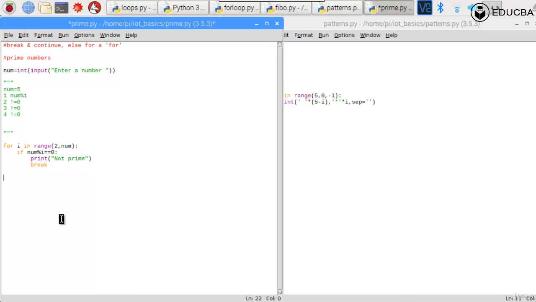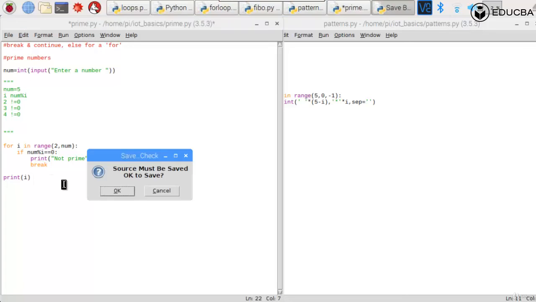So what should I do? Let me see outside the for. Let me just print i and let me check what is the value of i. What is the value of i? The i is this particular value. So when I give different values of number, let's say when I give 9, what is the value of i when it finally comes out of the for loop? Let's check. Okay,